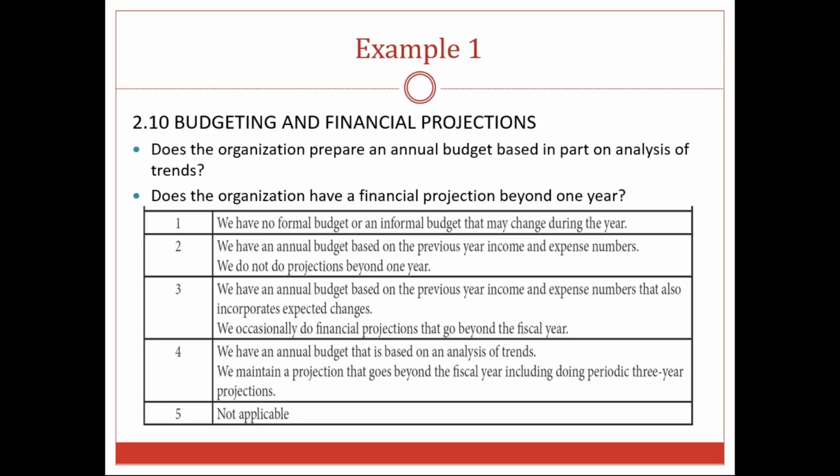What you have now is an example of how the self-assessment works. It delivers a standard and then gives 5 levels for how that standard might be evidenced in an organization. The first level is the lowest level and generally represents that the organization is not meeting the standard or not doing the things that are required to meet the standard. And then 2 and 3 have some pieces of it, but not all of it. 4 is the top level where essentially the standard is met. And then 5 is not applicable for those few things, as I mentioned, that